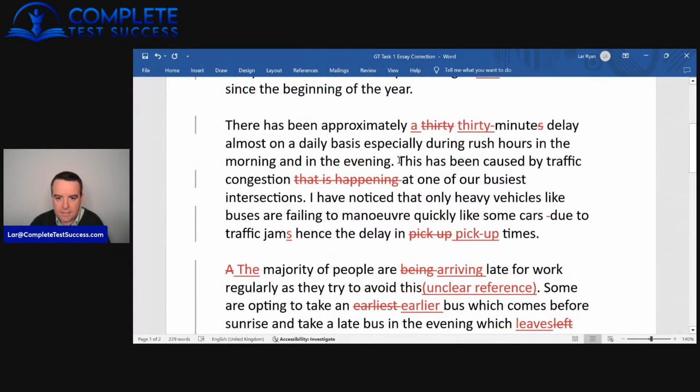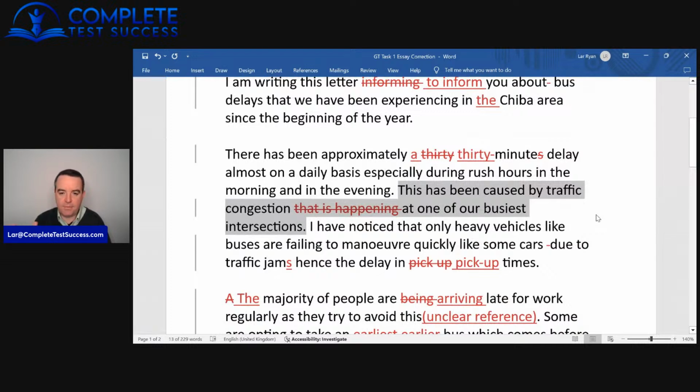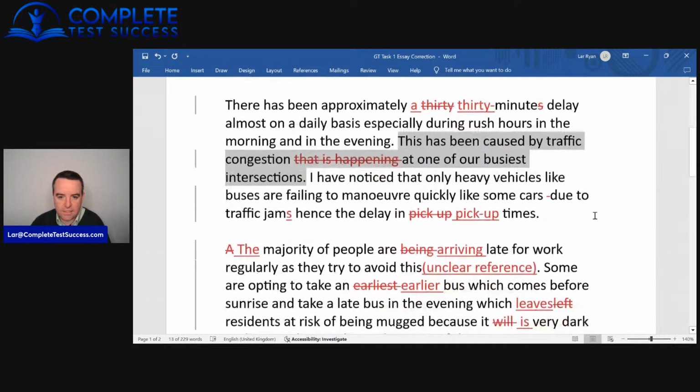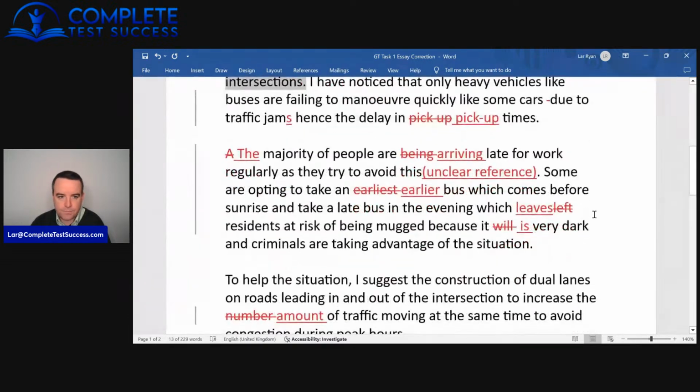So these are all error-free sentences. Well, technically no, because we have another spacing issue here and a plural mistake here. So this is an error-free sentence. Now, I know you're looking at the middle of that saying that is happening. I deleted that. That was more of a vocab issue. So that doesn't count as an error-free sentence when we're considering the grammar score.